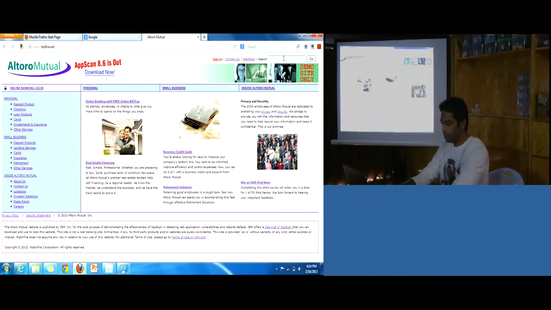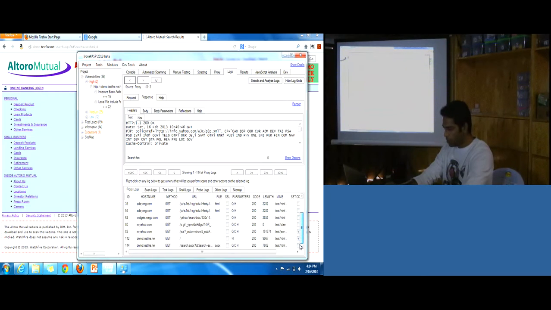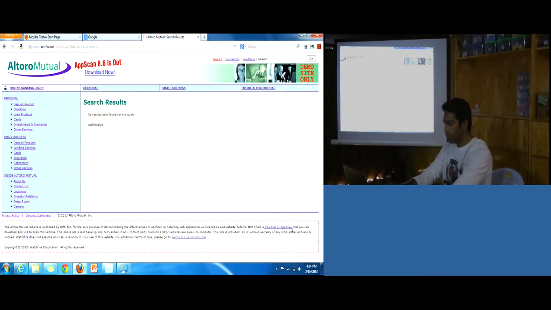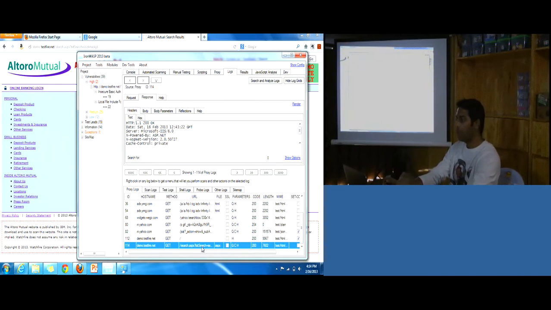What you can also do is, I just went to the site and did a search for a random string. This request is logged here. Now let's say I want to check if the search feature has any security problem.